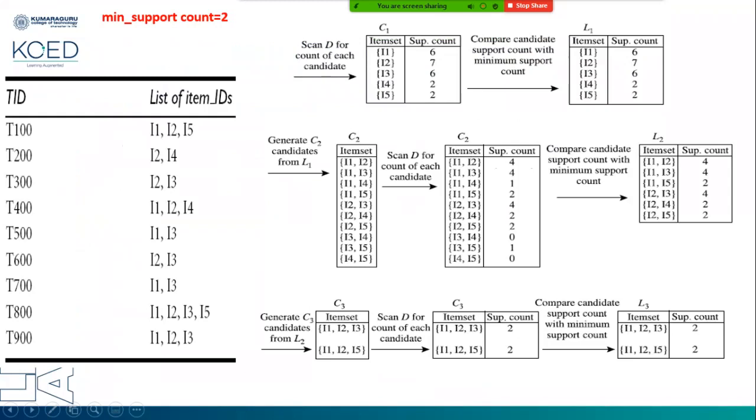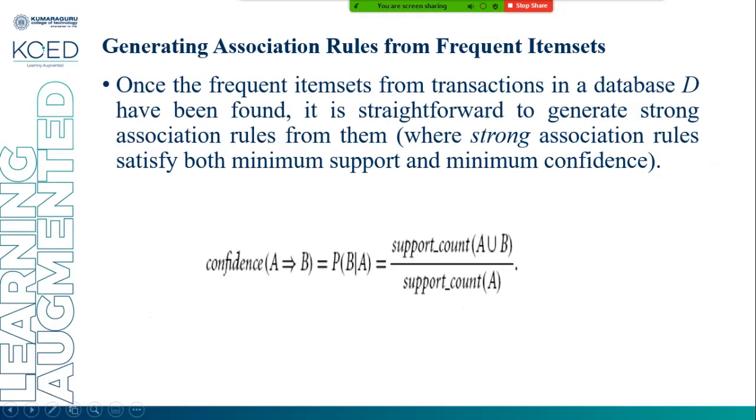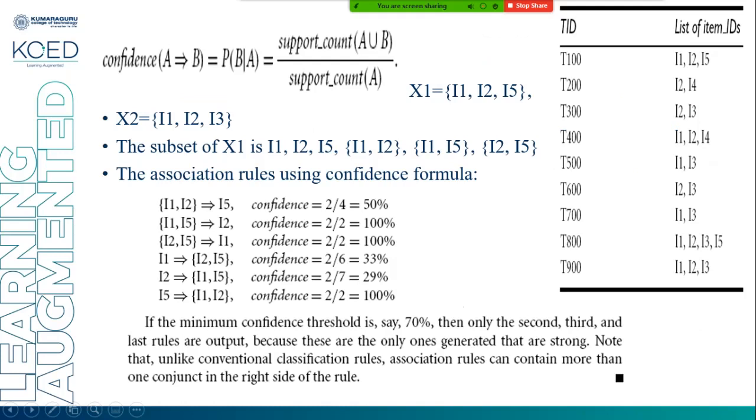From L2, we find three item sets, and those satisfying the minimum support count go in L3. For example, even though we have 5 transactions, if we go for L4, only one transaction contains 4 items, which is below the minimum support count. That's why we do not move further. Then we calculate the confidence, and a confidence percentage is given. Based on the confidence, we extract the rules. These association rules are known as strong association rules. That's it for this video lecture. Thanks for watching it.